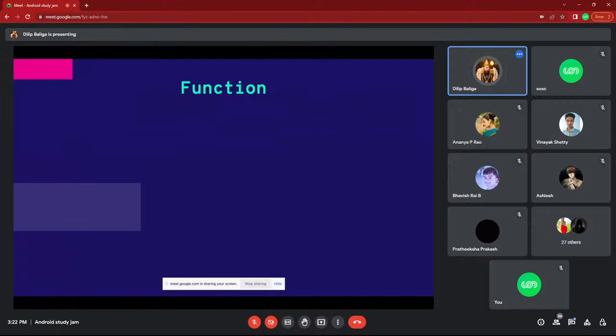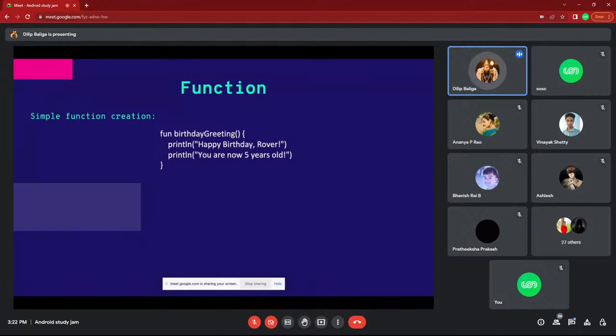We'll move to the next thing, function. Everyone knows a function does small things. Here also one small suggestion from my side: writing big code is not a valid scenario actually.